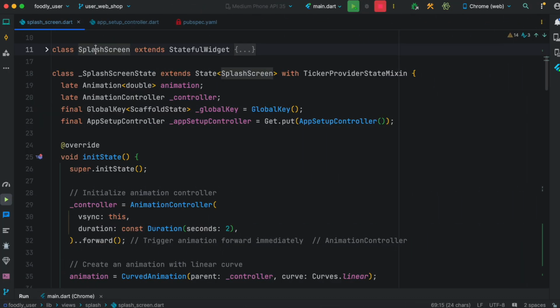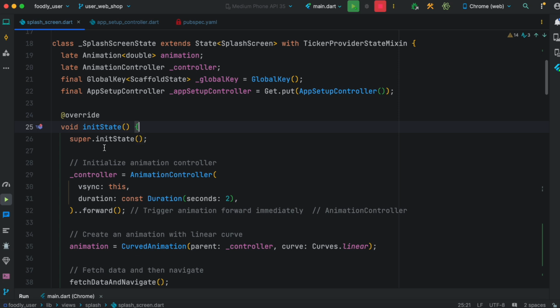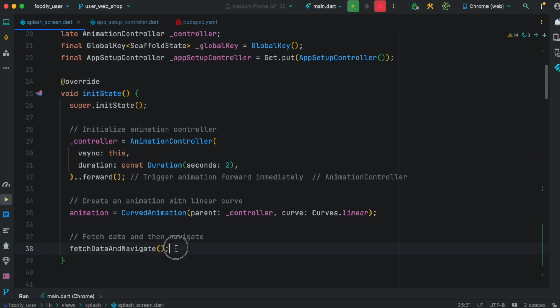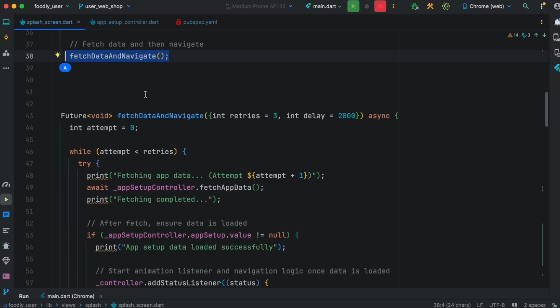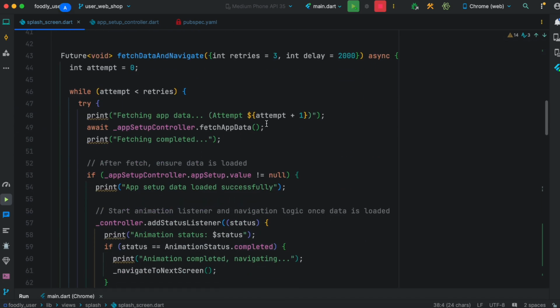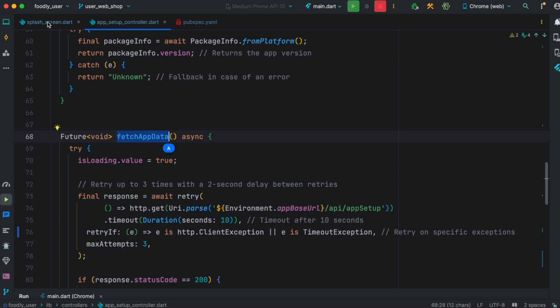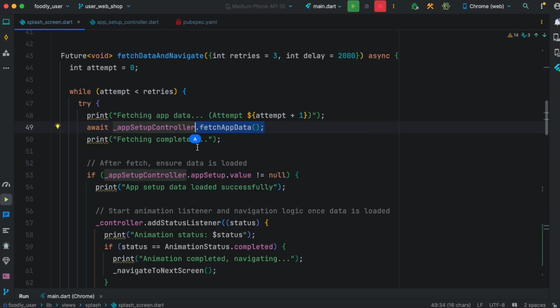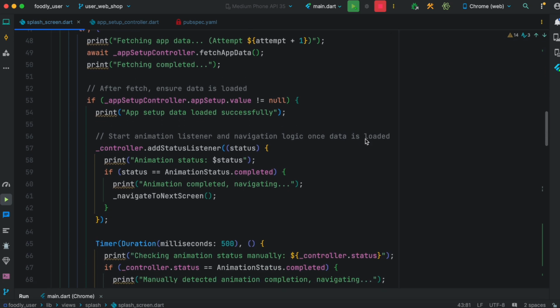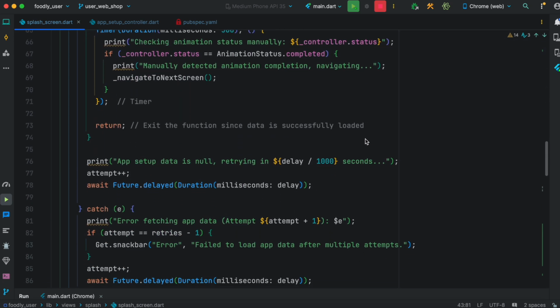After that, you need to come to the splash screen, and within the splash screen you need to have this initState method. Within it, we have another method called fetchDataAndNavigate. All you need to do within this method is call our fetch app data, which we defined earlier over here. With this mechanism, you would be able to retry the connection again and again based on different situations. Now, the whole code over here may look a little bit complicated, but don't worry,